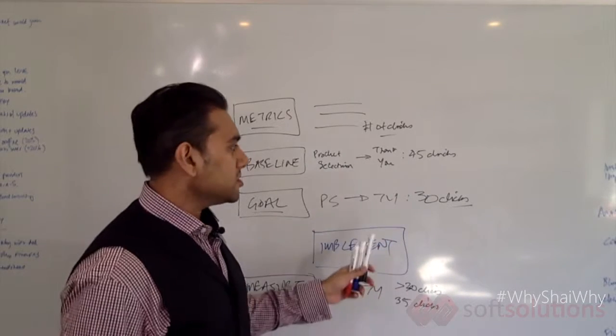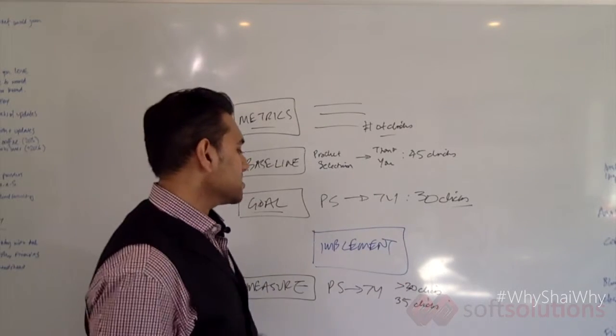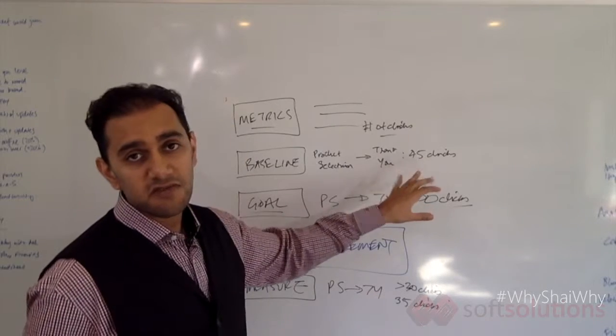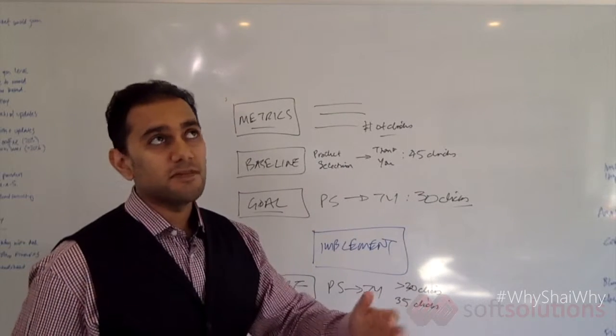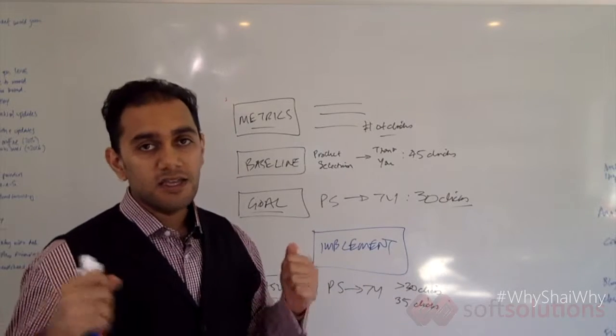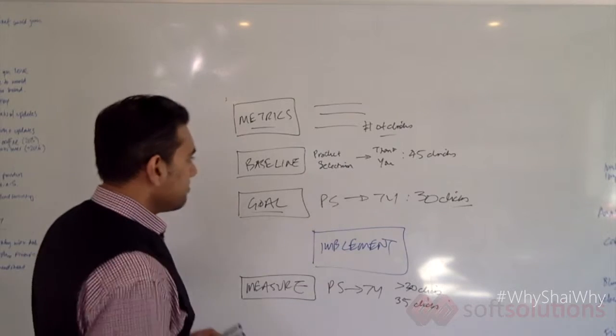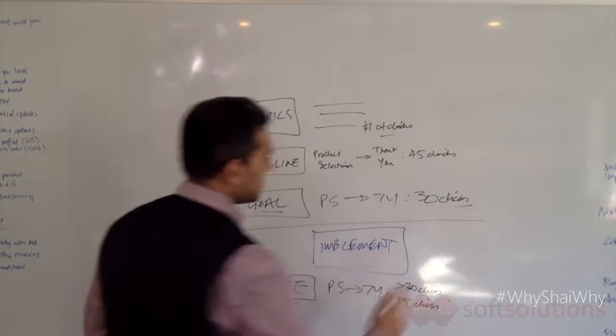Now, just because there was this arbitrary number, some people go, no, this is still a success because 35 is lower than 45. We've made an incremental improvement in our software and in our checkout process. Yay for us, right? But what people forget to realize is that back up here, after you set your goals,